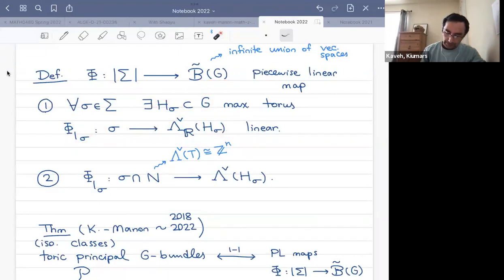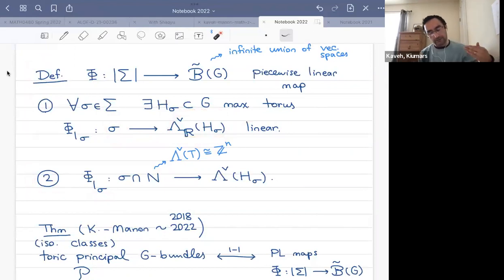Secondly, it's integral. And then the map from this cone to this vector space should be a linear map, just in the usual sense of linear algebra. And it should be integral. Send lattice points here to lattice points here. Both have a notion of lattice point. This is the very natural definition of a linear map to a building.